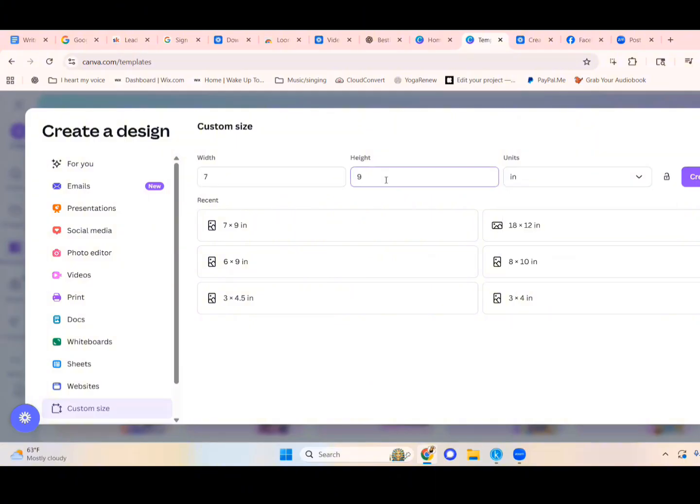Amazon has certain limitations for selling in certain countries or being eligible for certain sales things. So you'd have to look at what their terms of agreement are for book sizes. I know that because of the sizes that I use for books, sometimes my books are not eligible for certain things, for certain countries or prices or whatever it is. Okay, so we have the width 7 by 9, right? And we're going to hit create new design.